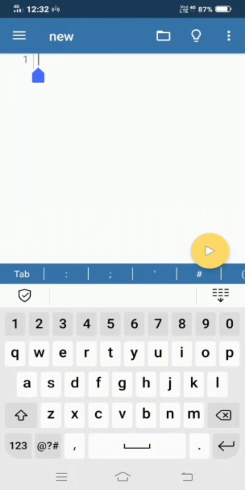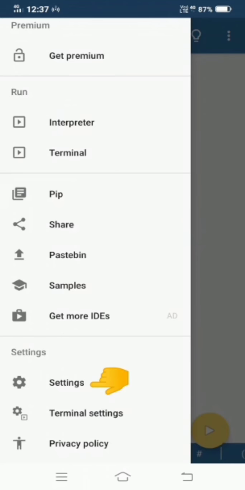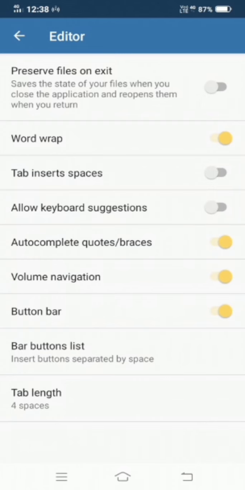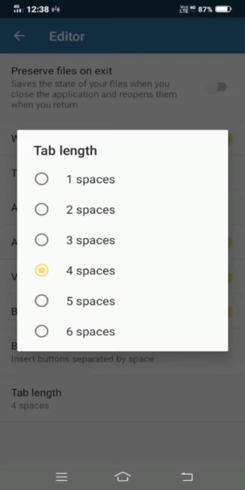And once we are ready to work in the script mode, we have got certain options which will help us to change the font size and style and some other features. Along with that, we shall just have a quick glance at very few features which will be helpful to work with basically. For that, just click here and from the list of options, choose settings, under which you have 5 categories. Choose editor under that, and if you want to change the number of spaces for each tab, you can just click on this option, where by default it will be 4 spaces,